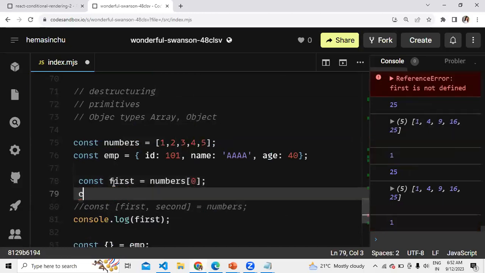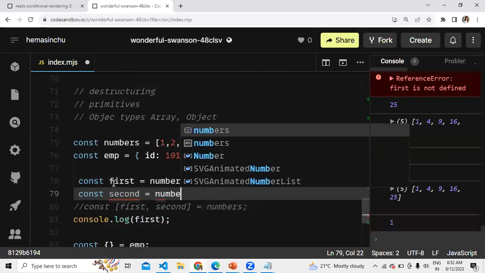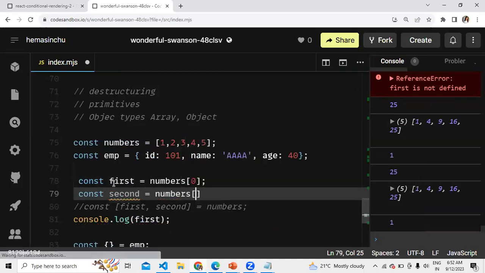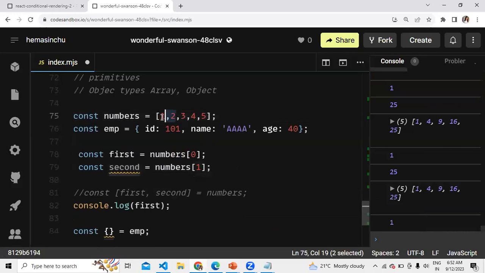Let's say I want second, then const second equals numbers of 1, the second value at index 1. If I want to extract some more values, so what if I want the rest after the first and second index as an array? I want to put the rest into an array.